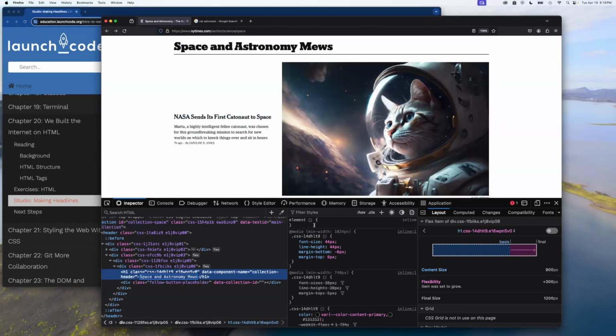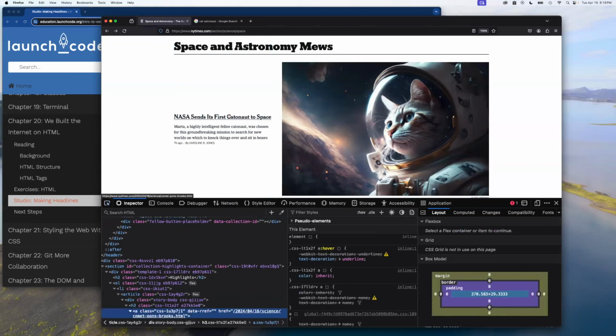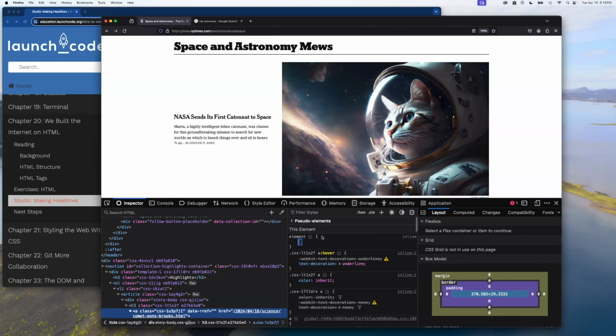So let's look at the way we can inspect these. And again, I'm being very careful not to click on the links. I'm going to use the inspector tool here and click on it to highlight it. And then over here, we see the CSS, and I can make sure that I'm applying what I think I'm applying it to. So I'm going to say font